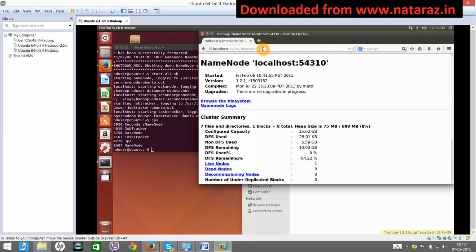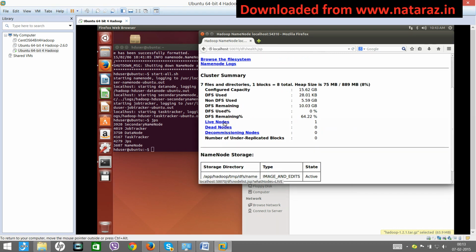Paste, enter. Okay, so this will basically show you the HDFS file system. Presently we have not added any file, so you will not see anything. But as you start adding more and more files to your HDFS, you will get the list.